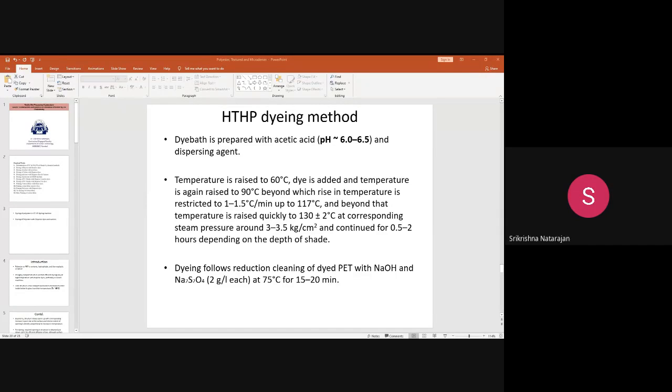So this is about the dyeing of polyester with the dispersed dye by using the HTHP dyeing machine. In the next class, we will discuss the dyeing of polyester with carrier, so that gradually, one by one, we will discuss each experiment. So that's all for today. If you want to say anything, if you want to ask anything, you can ask me. Otherwise, we can stop here for today.